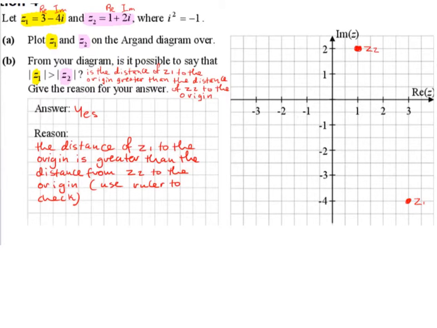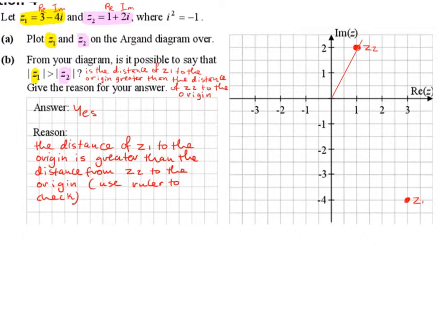Part B. From your diagram, is it possible to say that the modulus of z1 is greater than the modulus of z2? Well, modulus means the distance from the origin being the centre point here. So is the distance of z1 to the origin greater than the distance of z2 to the origin? So if we're to join up z1 to the origin, and then if we join up z2 to the origin,